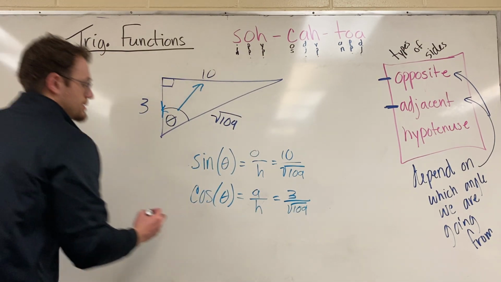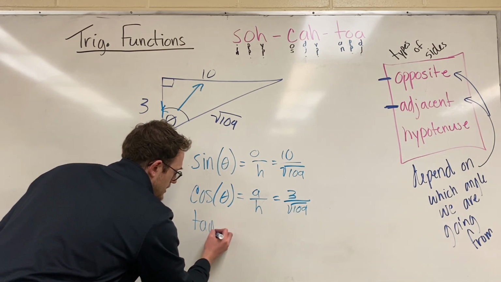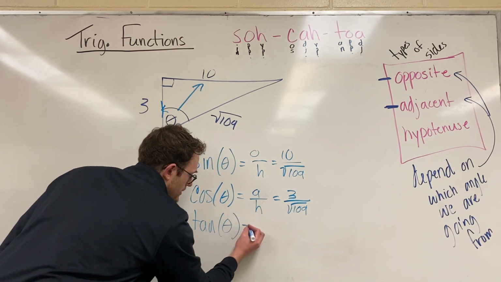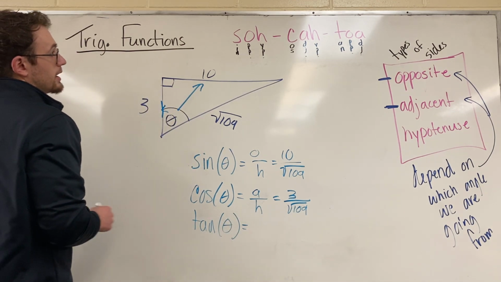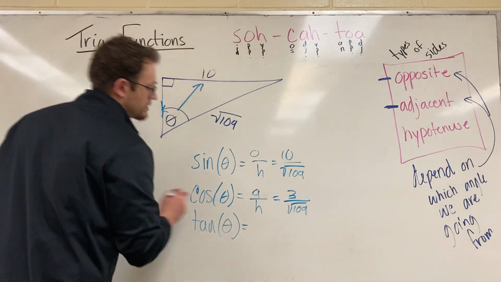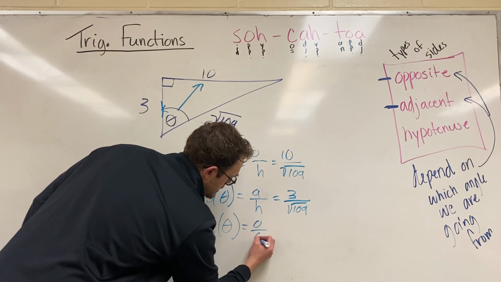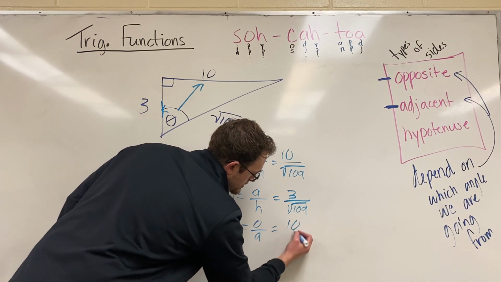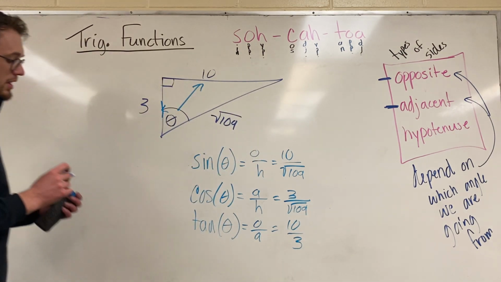And then we got tangent. To solve for this, tangent, we got opposite, TOA, opposite over adjacent, so 10/3. So opposite over adjacent, 10/3. All right, that's what my